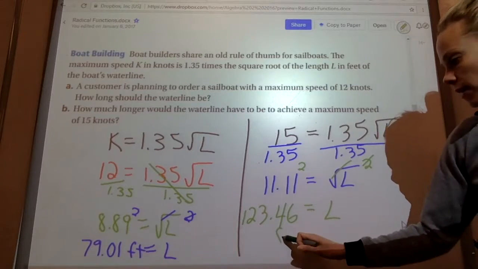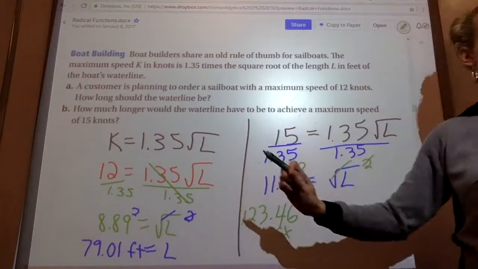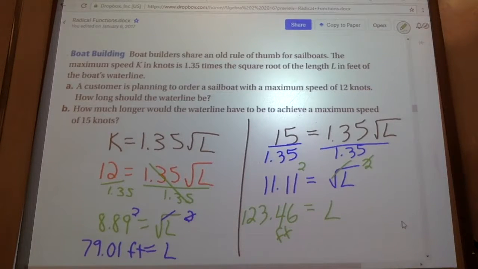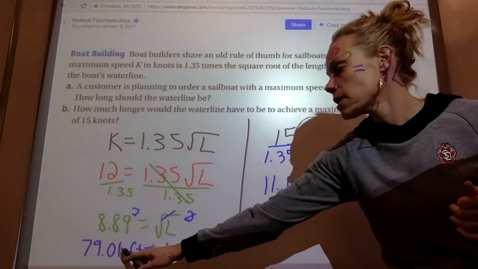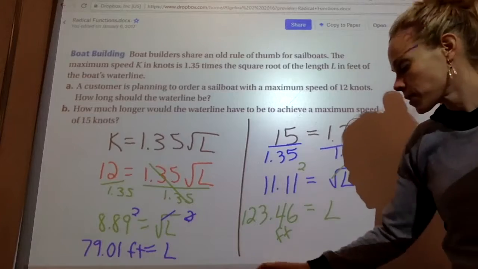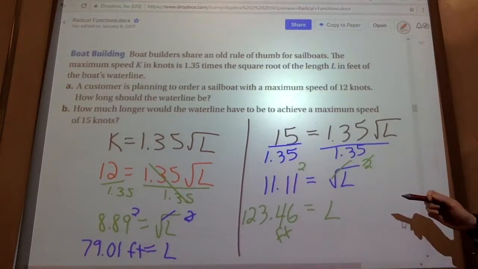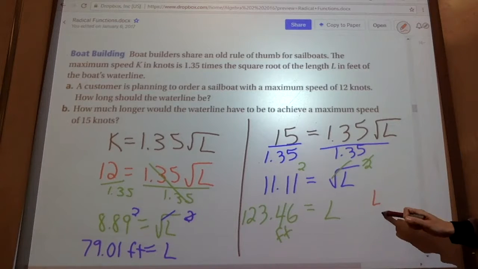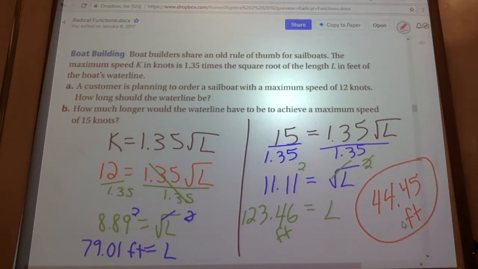Okay, feet, right? But my question is, how much longer would the waterline need to be? So what am I going to do? I'm going to subtract this from this to say how much longer it would have to be, right? So what's 123.46 minus 79? 44.45. 44.45 feet. Good. That's how much longer my boat would have to